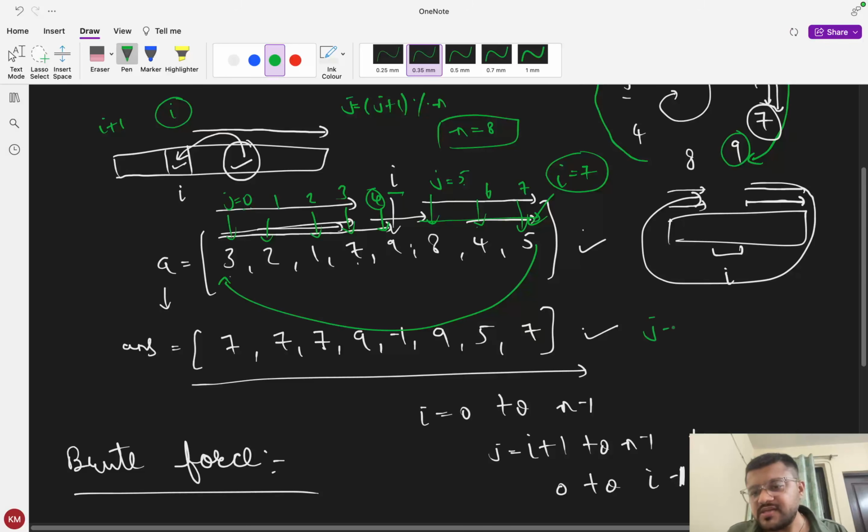Now I am initializing my j with i plus 1. What would be i plus 1? It will be 8. But is there any index 8 element here? No. When my i is here, my j should start from 0 and go up to n minus 2. So here I should say modulo 8 in initialization. So if my i is 7, then 7 plus 1 is 8, 8 modulo 8 is 0. So my j will start from 0, that is nothing but here.